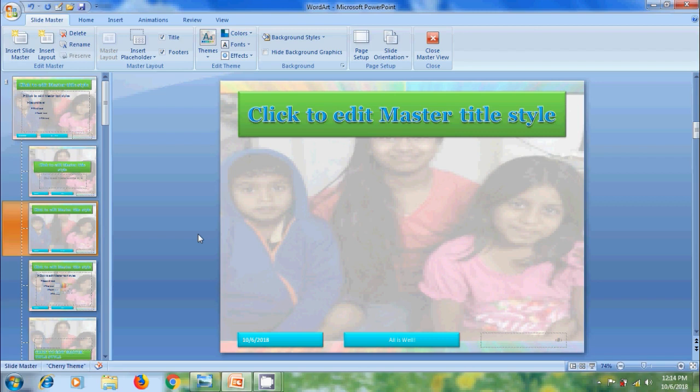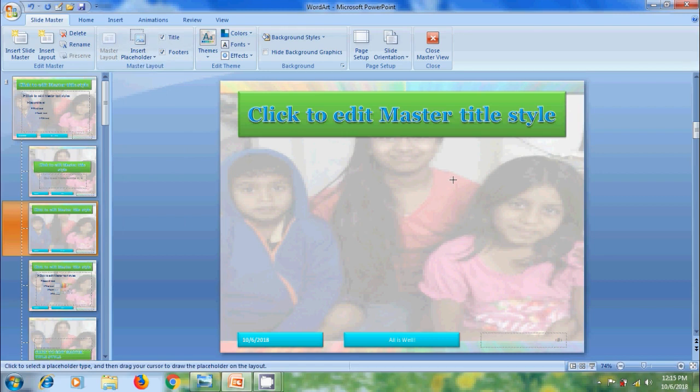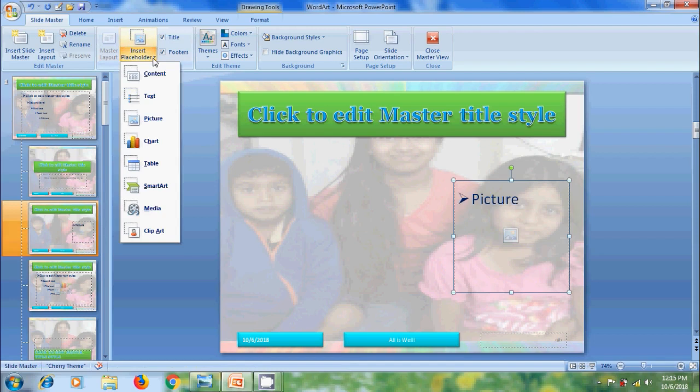To add the body placeholders, click on Insert Placeholder. Here we will get various placeholders such as content, text, picture, chart, table, SmartArt, media and clip art. To hold a specific type of content, select a placeholder, come to the slide, click and drag to create the placeholder area. Similarly, I want to insert a chart,